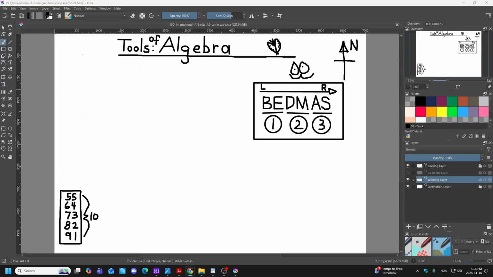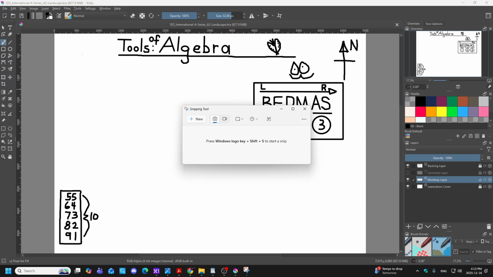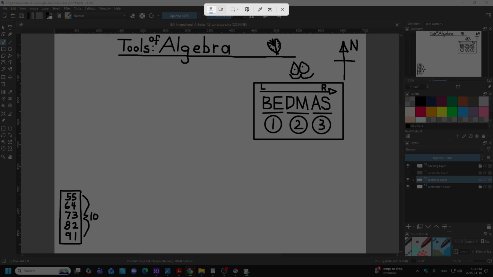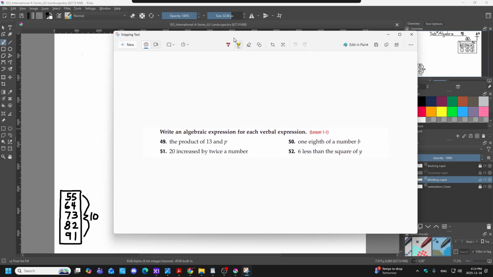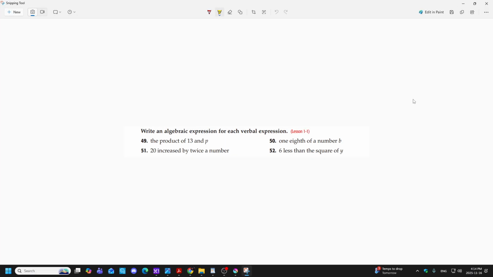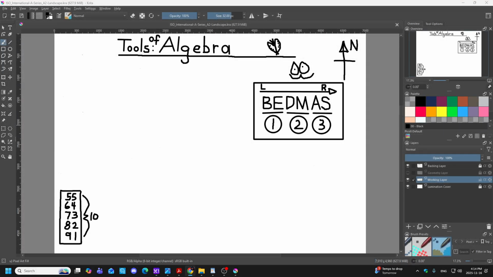What is next? Practicing writing algebraic expressions. You could practice that. That would be fun. Okay. I don't have any answers for the even ones. It's common in a math book. Let me see this one here. I have an answer for this one.